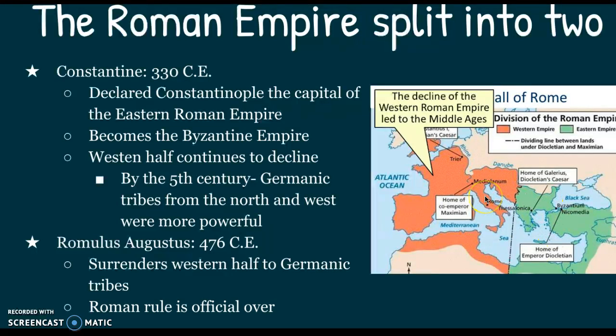So with the splitting of the Roman Empire and with the downfall of the Roman Empire here in the orange, this is going to lead to some serious issues for Europe. Just to name a few, because this will be helpful next year when you go into 8th grade. It's going to lead to feudalism with the kings and queens and knights. This area is going to become very tribal as whenever something collapses, it has to be filled. And most of the time when it comes to the collapse of a government or an empire, it fills with people trying to take power over. And with that, it divides the nation up into tribal areas. So this becomes very tribal for a while.